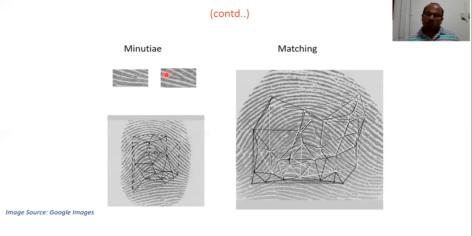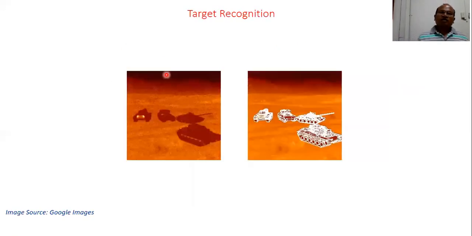I mean, we recognize a person on the basis of his or her fingerprint. Target recognition: you can clearly understand this will be used in defense or military applications, where there are opponents from the other side. Where is our target? Where is the opponent's missile or vehicle? The armed vehicle is coming. Can we target those? Can we detect those vehicles which are coming towards us, which are hiding?